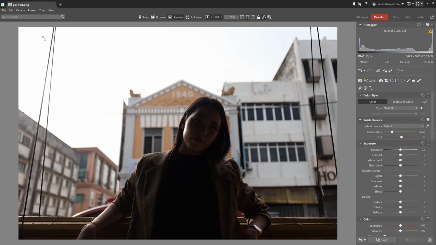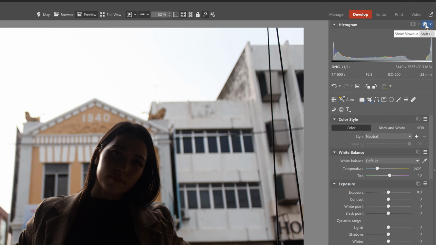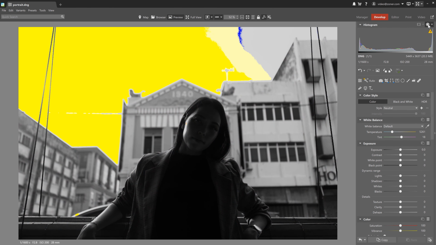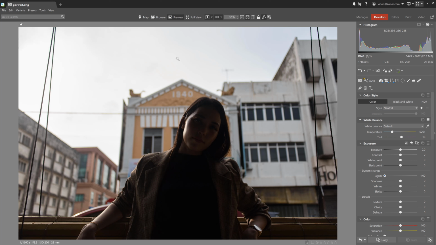The key is balancing the composition right from the beginning, and that is so that we eliminate blowouts in the background. Now you can show blowouts by using the shortcut Shift and the O key, or click this little sun icon right here. All right, let's use the sliders under dynamic range to get rid of our blowouts, and especially when it comes to the lights, which affects the highlights in our photos. Now, if you have blowouts or overexposed areas just like we do, lower lights and don't be afraid to go all the way down. We'll bring the highlights back into our photo later on. Now you might notice that we're already getting a bit of the sky color back. The histogram has also flattened out a bit and our blowouts are pretty much gone.